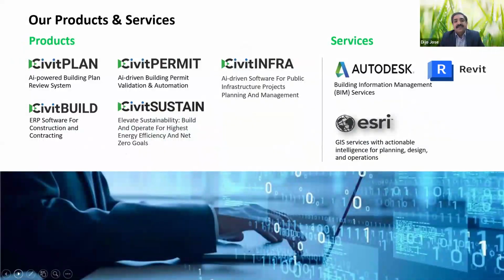If you see on the screen, the products we talk about: PlanPermit, which is a pre-build stage product, basically used or implemented by governmental or semi-governmental entities for building plan approval solutions. Moreover, CivilPlan is an application mostly used by architects and consultants to scrutinize their building plans, either in 2D or 3D drawings, before reaching out to the approval authority. They can do the scrutiny of their building plans by themselves, making use of the CivilPlan application.